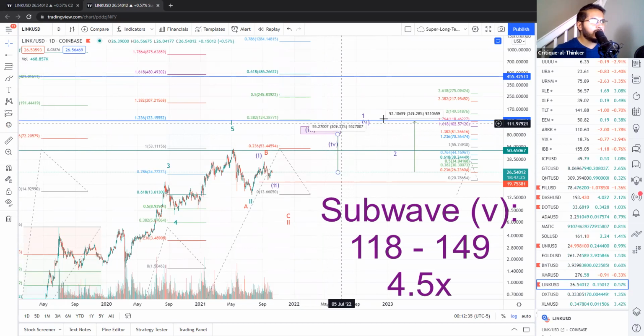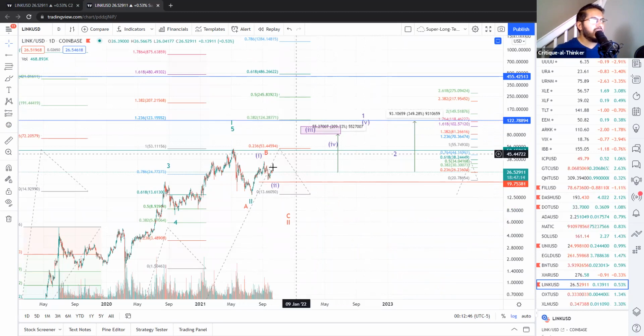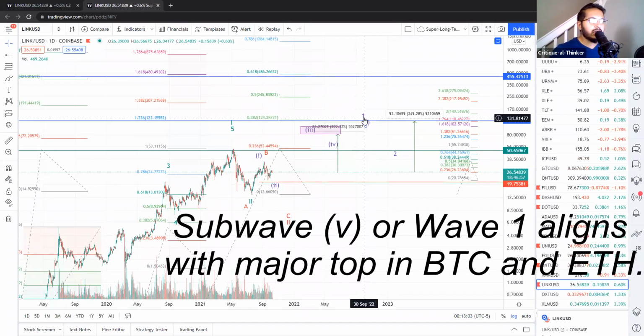That is the target. So that would give us a 4.5x return once this full rally structure completes. Now, there is significance to this subwave 5 target. As you can see, this is marked with a bigger 1, and I'm actually seeing this as the completion of a larger 5-wave rally for a larger wave 1, and I would expect a wave 2 to happen at this point. This wave 1 top for Chainlink should align with the top that we're going to see in many cryptocurrencies,